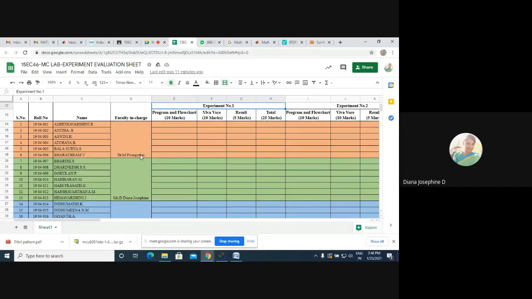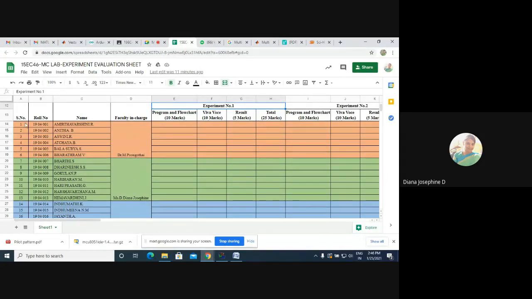So the split up is for record correction, then conduction of CAT, then conduction of Viva, and whatever you want to clarify, you can ask the particular faculty.